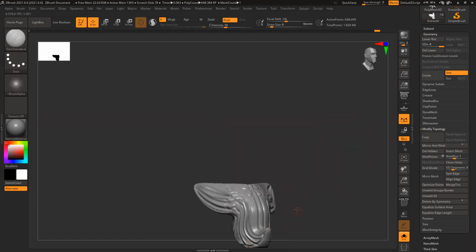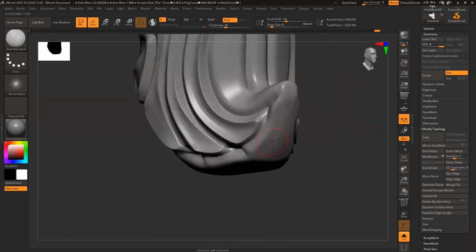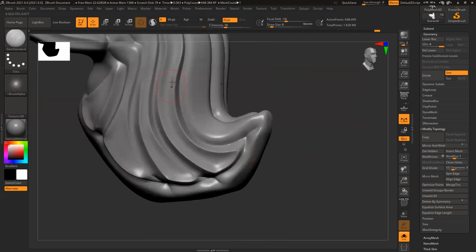Now there are still a few things I need to add, like this depth. If I want, I can make it really prominent.